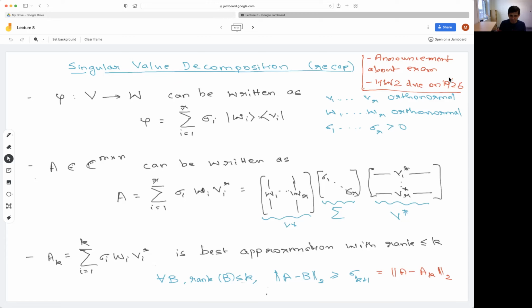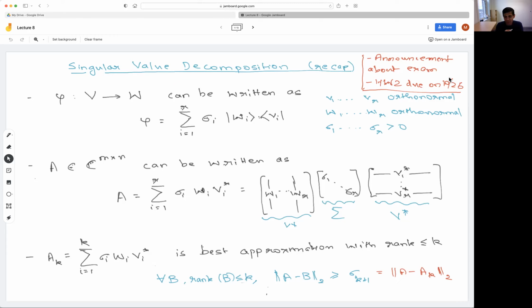Or if you write it as a linear combination, if you complete the v1 to vr to a basis for the space capital V, then all the linear transformation does is replace a vi by sigma i wi for i from 1 to r, and for the rest of them it's just 0. Whichever way you want to think about it, these are almost like eigenvectors, and they give you a similar ease of working with a transformation.